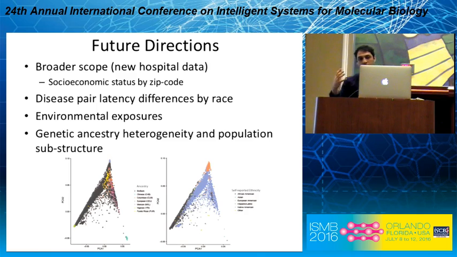So while the idea of race may be separate from this, it still is very interesting to note that genetic differences may absolutely play a part within the African American race category. Furthermore, if we look at the Hispanic Latino group, we notice that there's a split along both sides of the PC space, which represents strong genetic differences between Puerto Ricans, Mexicans, and individuals from Colombia. So in our next steps with more data, we're already in the process of doing disease networks with more resolution.